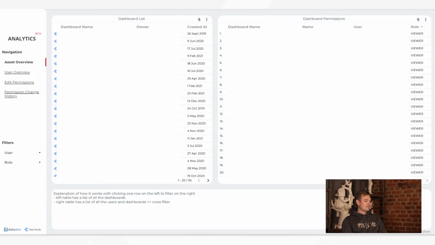This is quite helpful if you're working with a larger organization, because it needs to be transparent. Otherwise, when someone is leaving a company or you need to reroute owner rights and so on, it's not so easy. Another very important functionality is when you have a new joiner, like a new employee in the company, and you would like to give them a set of Data Studio reports. This is normally a little bit